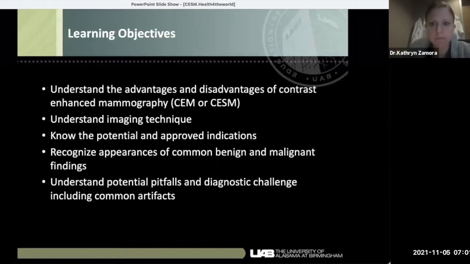Disclosures, I have none. The learning objectives for this lecture today are to understand the advantages and disadvantages of contrast enhanced mammography, sometimes abbreviated CEM or CESM for contrast enhanced spectral mammography. Want to understand the imaging technique, know the potential and approved indications, particularly in the United States, recognize appearances of common benign and malignant findings, and understand potential pitfalls and diagnostic challenges, including some common